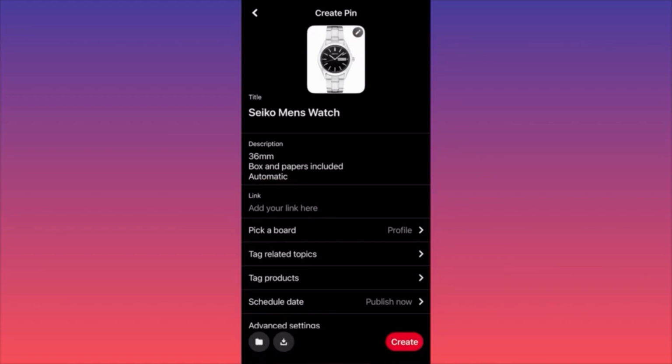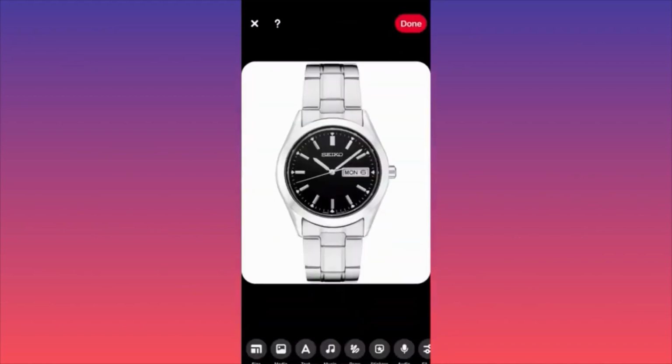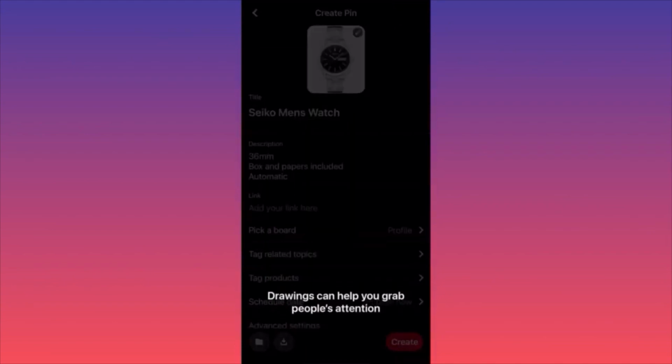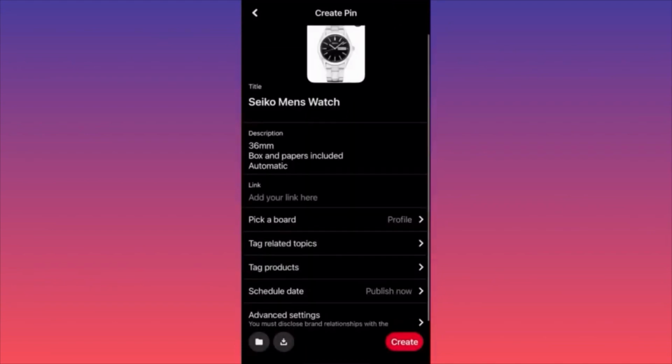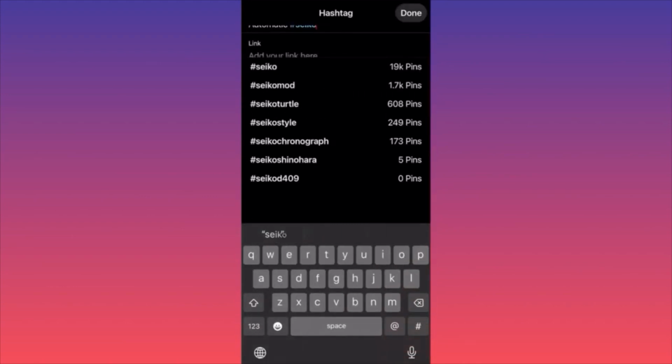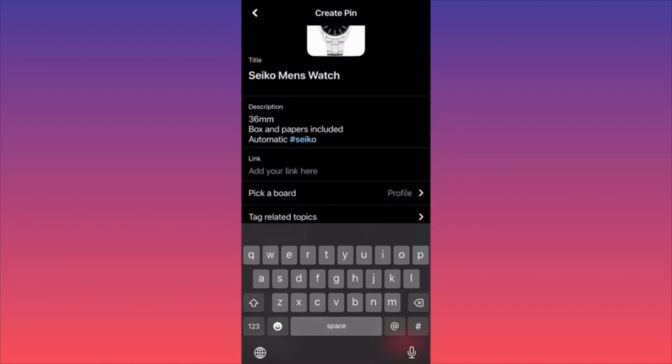People have to be able to see. If you look at our picture, people are able to see absolutely everything of the watch. The size, the bracelet, the bezel, the dial, everything is here. So this is very, very important. The last step that you want to focus on again is, don't forget to include hashtags related to your particular listing.